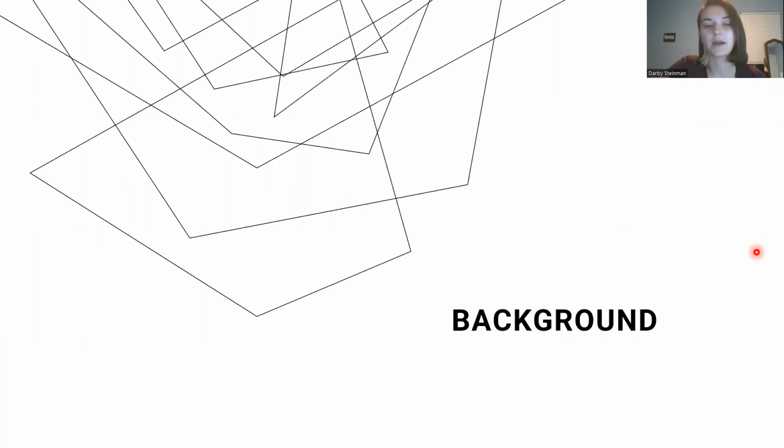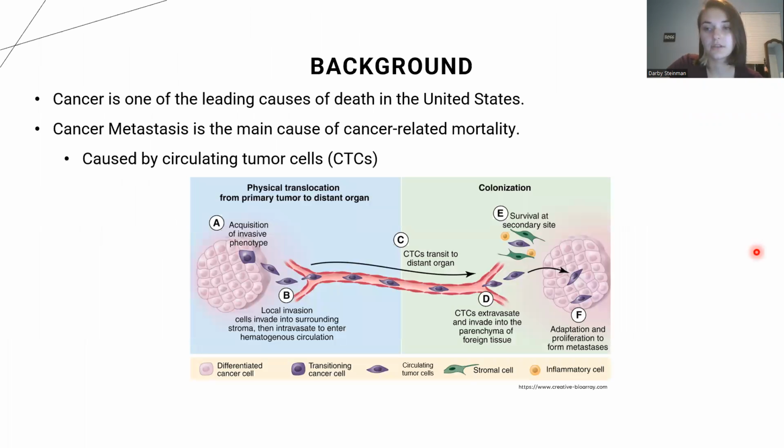So jumping into some background, cancer is one of the leading causes of death in the United States, and this is primarily due to cancer metastasis. And this is caused by the presence of circulating tumor cells, or CTCs, which are free-floating cancer cells found in the vasculature, which can then find a secondary site to begin to proliferate and then cause the presence of another